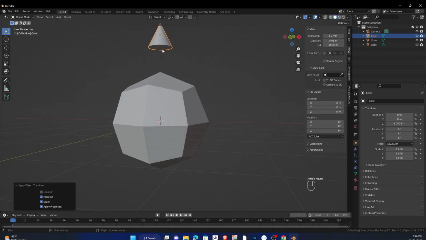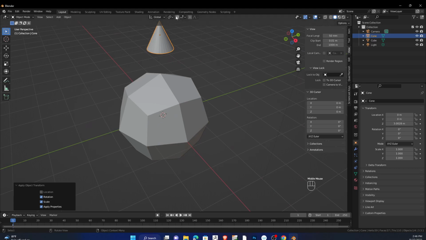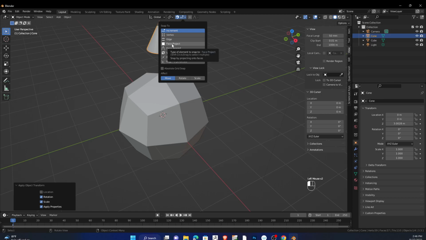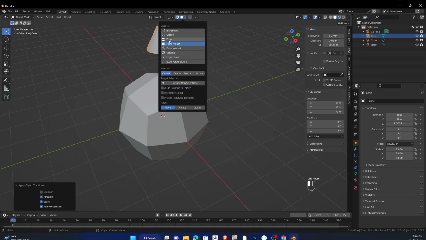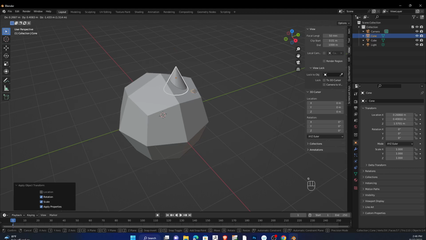Now I want to snap this to this face. So I can actually turn on snapping here and say, let's just look at face project. And there's a lot of settings here, but I'm just going to leave it at its default. And I'm going to hit G and just move it. Now it's not taking any of the normal information, but it is snapping it to